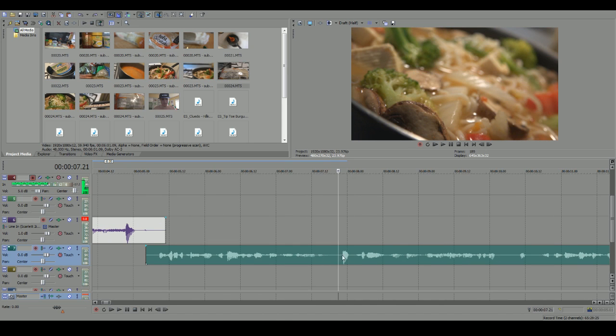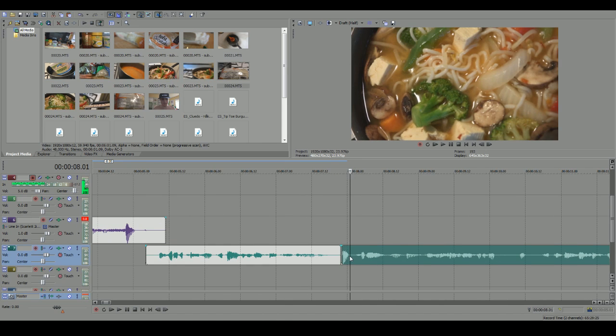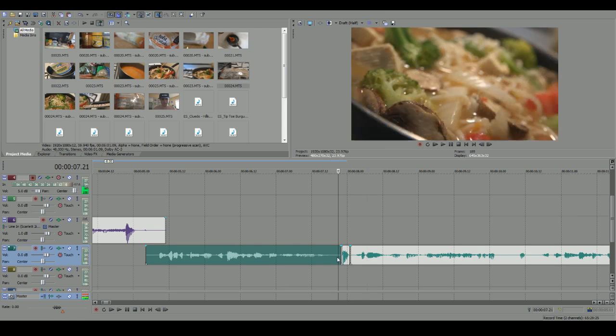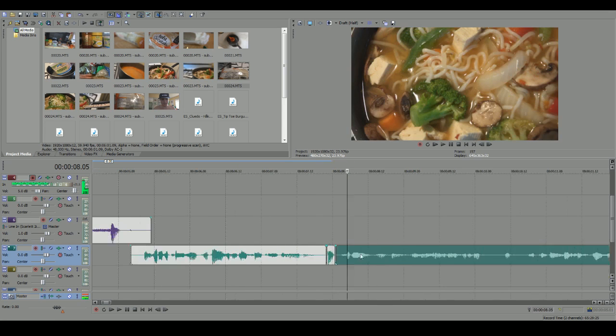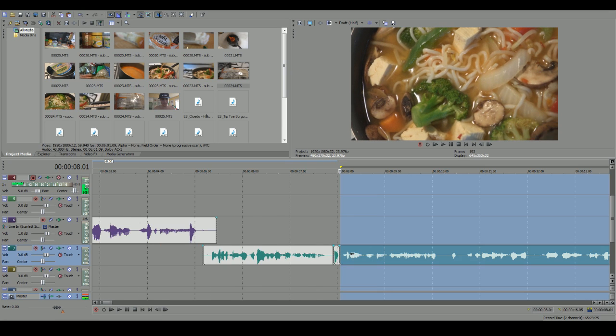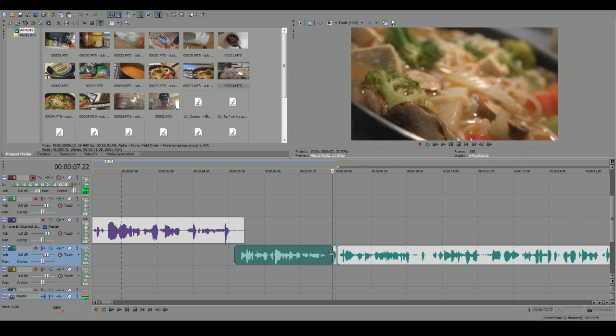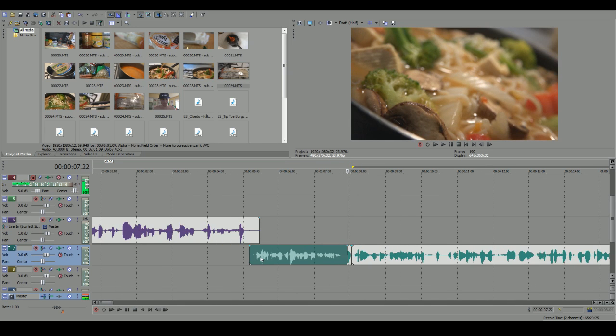So sometimes you also encounter peaks like this. Like it's a peak. It's usually a P or a B, those pop filter type sounds. Those usually peak the audio because you're talking, you're letting out more air, so the decibels are louder. So sometimes I'll isolate that peak. That way I can turn everything else a little bit louder around it.